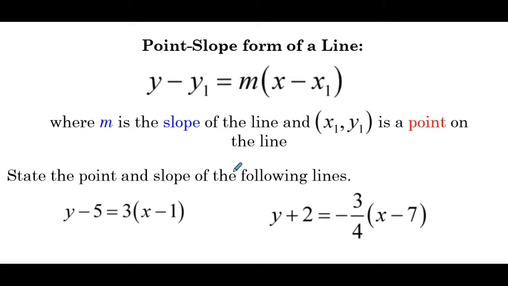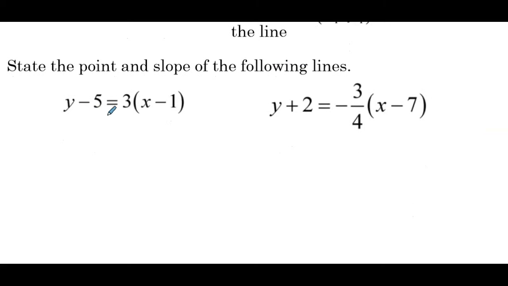So state the point and slope of the following lines. So the first line, y minus 5 equals 3 times x minus 1. So our slope, which again is m, that's the coefficient here, which is 3. And then the point,